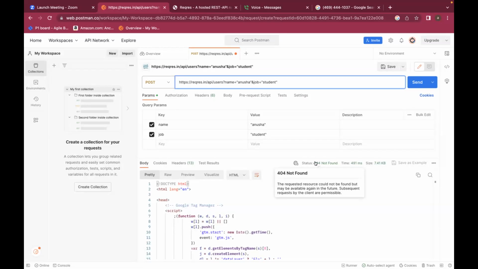So she is using the wrong endpoint for this particular API. This endpoint is wrong. And for this endpoint, if you are sending a request, you'll obviously not get a correct answer. You'll get some other answer. And that answer was 404 not found. As simple as that. Now understood, you got some idea what status codes are.